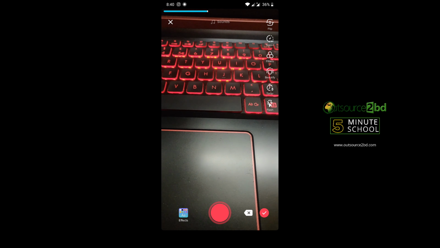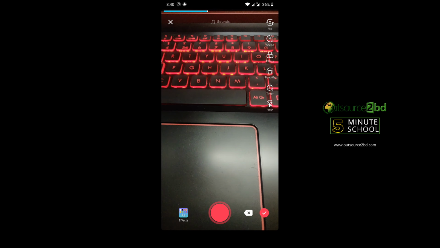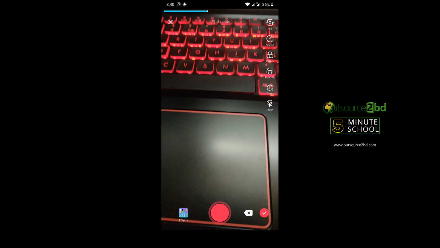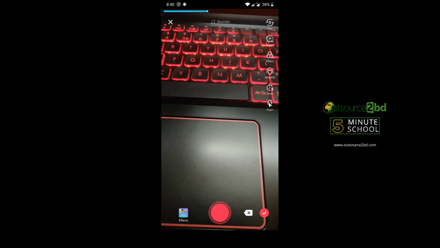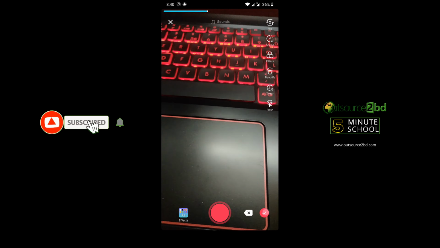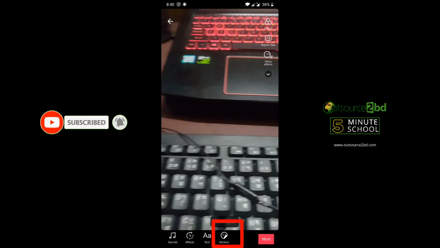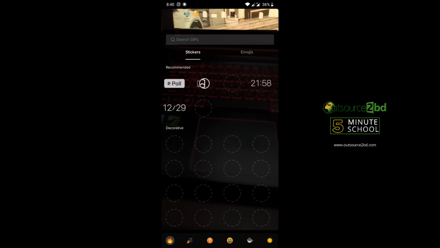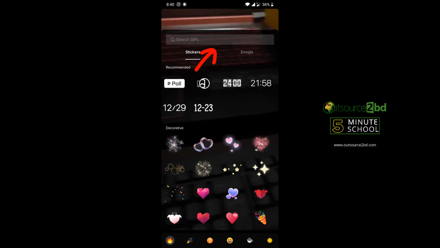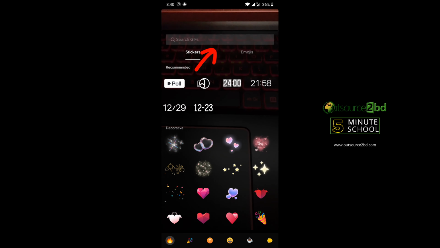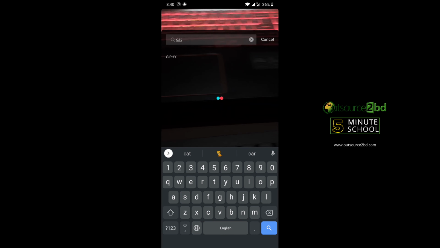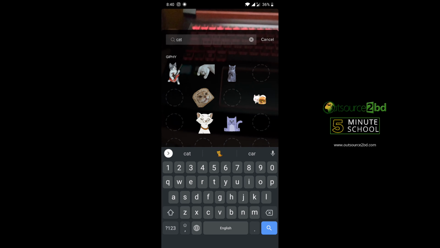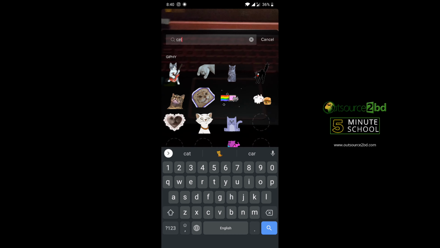Then you will see filter, speed, flip, beautify, timer and flash options. But there is no option to add GIFs, so press the right icon. Then you will see the sticker option. Go to the sticker option, and you will see the search GIFs option. Like I searched cats. You will see a lot of cat GIFs, and tap on any cat,